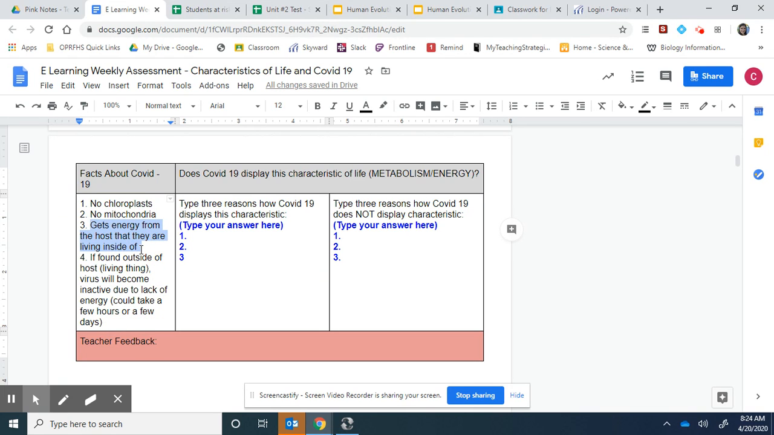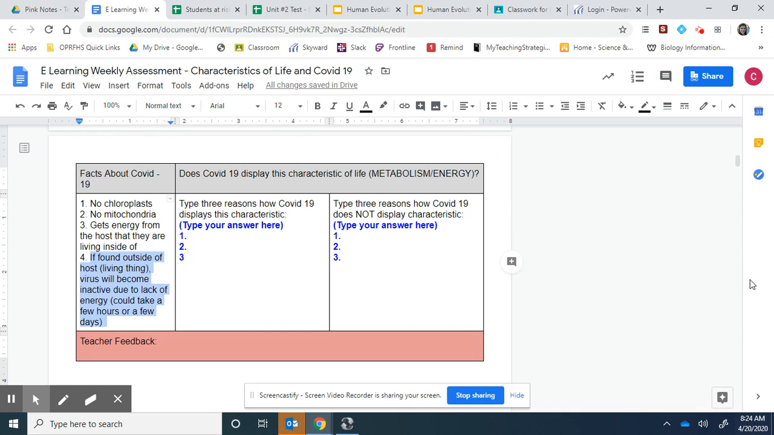So a host organism is like we are the host for the coronavirus. They live inside of us. They live off of us, okay? If found outside of the host or living thing, the virus will become inactive due to lack of energy. It could take a few hours or a few days. So this essentially means the virus will die if it's not inside a living thing. So I'm going to think about all of those